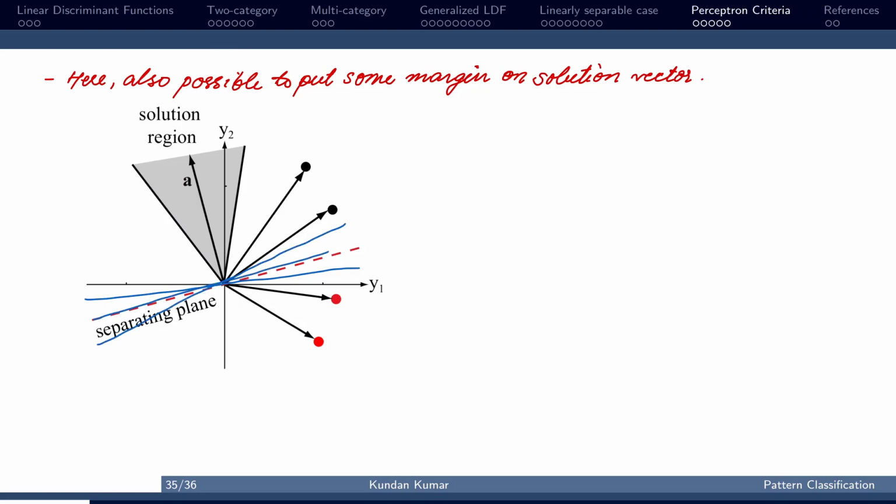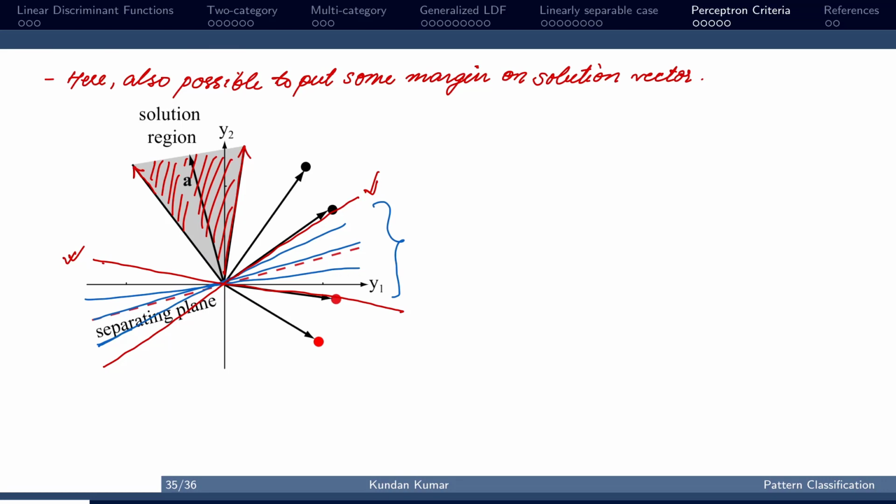So here we have an infinite number of separating planes in this region, but we have two extreme surfaces that are very close to the boundary of the two classes, something like this, and this was the perpendicular vector on this separating plane, and this was the perpendicular vector on this separating plane. So we have defined this region as the solution region,